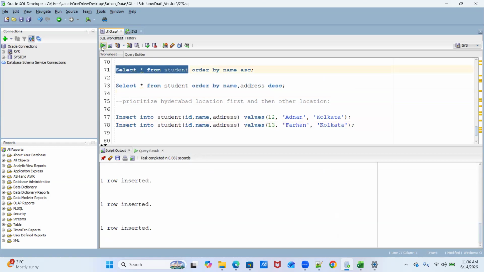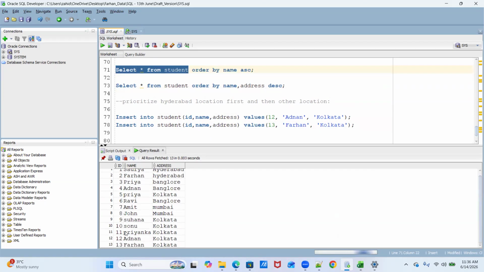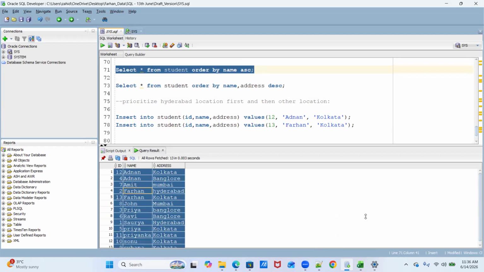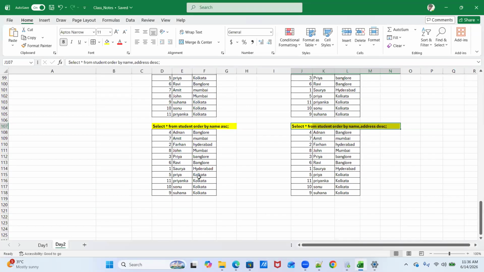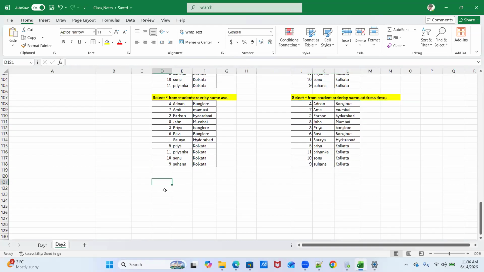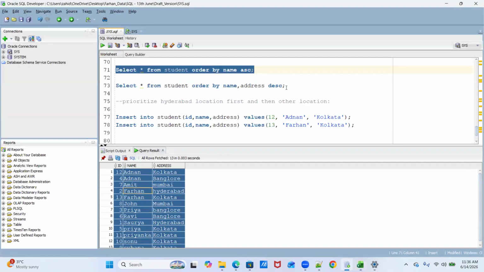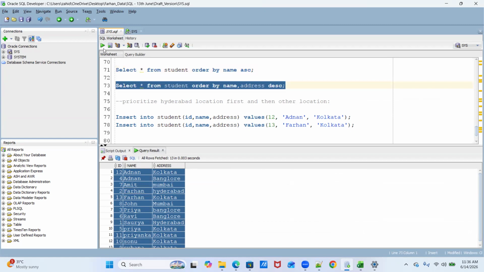We'll see 13 records. Let's validate it. We have 13 records in the table. Now see the result. Now let me execute this.